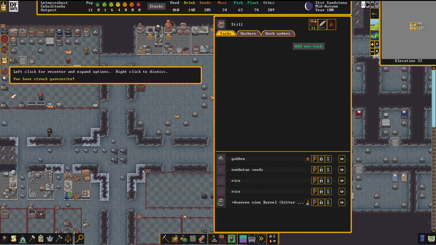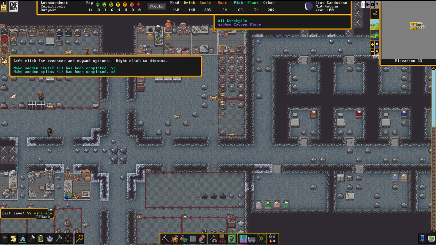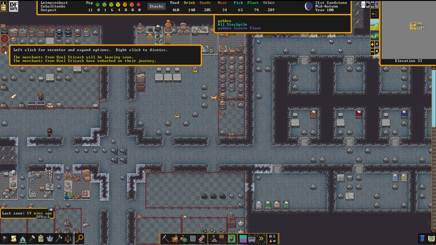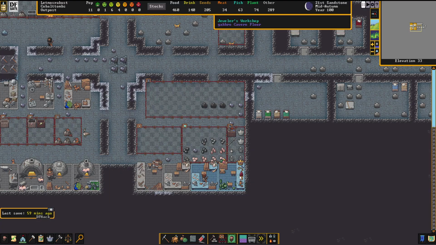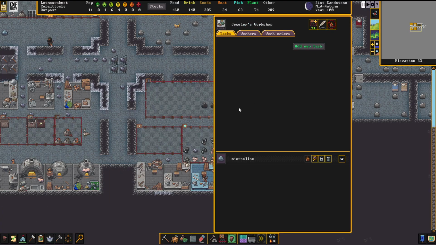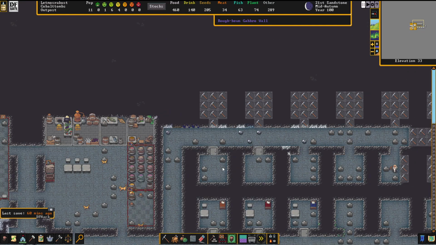Let's look at it. We have struck Garnerate. They made wooden crutch successfully and wooden splint. Those are off of our work orders. The merchants will be leaving soon and have embarked. And then we have cancel cut gems, need rough gems, and cancel brew drink, need unrotten fermentable plant. Okay. Which, okay, the fact that gems got cancelled means hopefully our